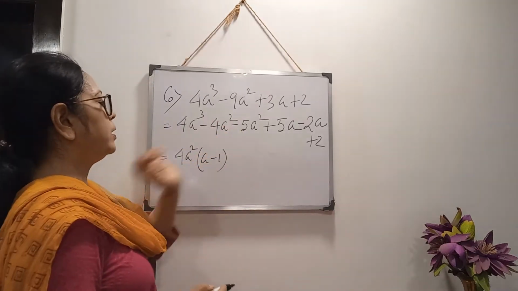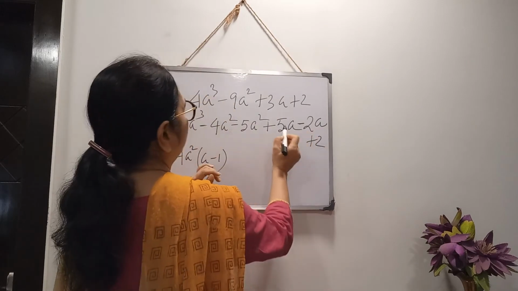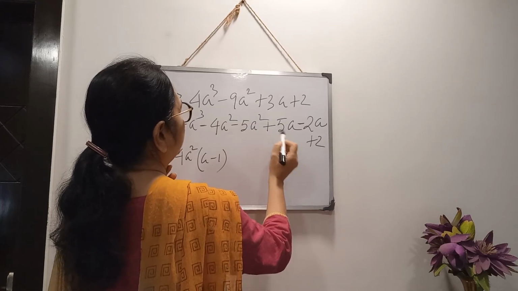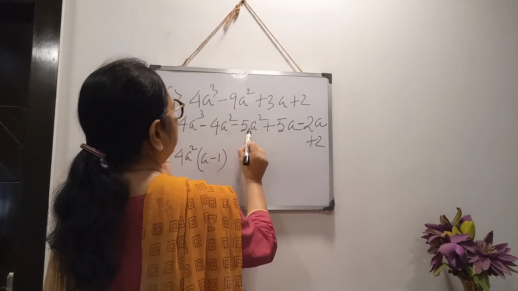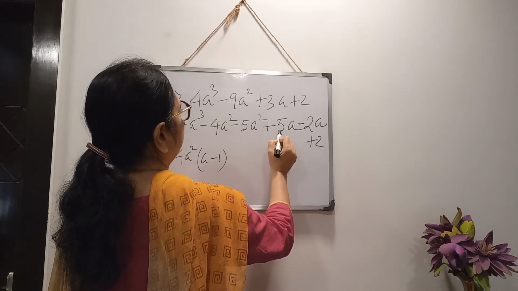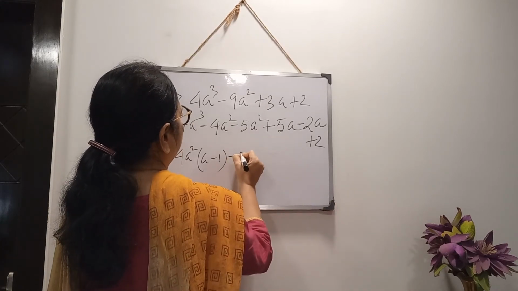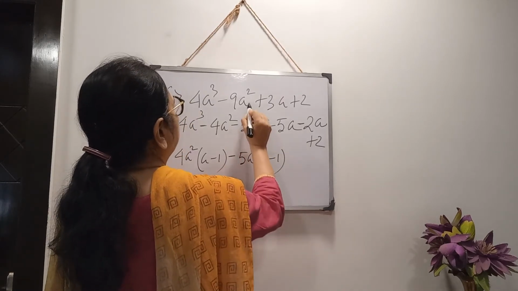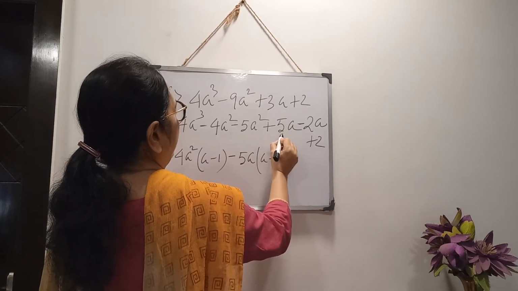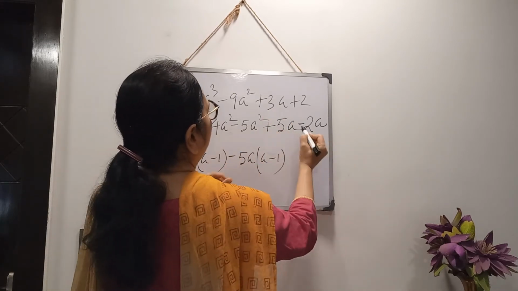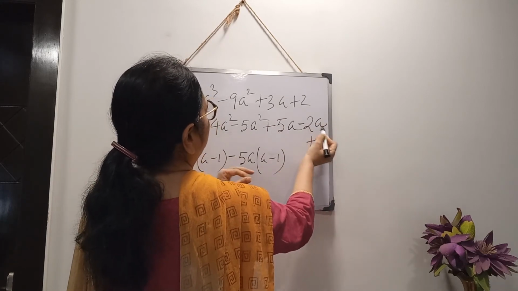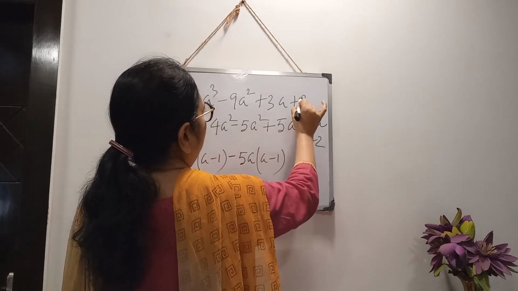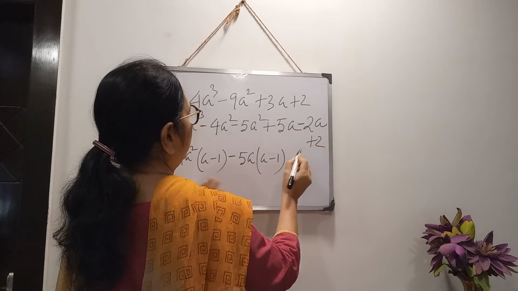Clear? This is written. Now again from the next term, we have to take something common so that a minus 1 will come. So 5a square is there. So if I write it as 5a, now see, minus 5a, if I take common, I am getting a minus 1. But there is 3a. I have written 5a. So I have to adjust how? By subtracting 2a. So 5a minus 2a, 3a. All the terms adjusted. And the last one, that constant term, write as it is.